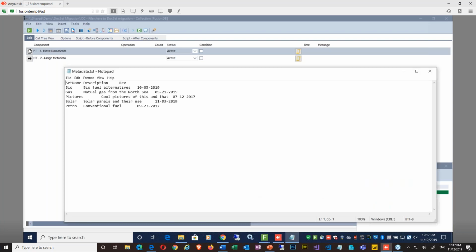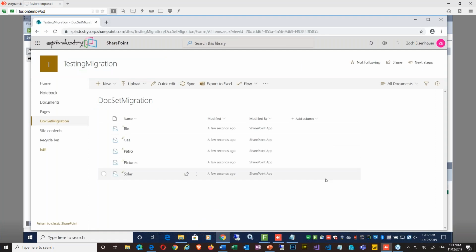So again, there was a set of metadata that we were going to use for certain things, I believe for the resulting document sets. Is that correct? That's correct. Okay, awesome. And we had this SharePoint site that was empty before, and ta-da! There's now, what are these inside of here? These are document sets. Okay, and we can tell that by how? The little icon there. Cute little icon. So it was a modification that was done this year so that document sets actually showed up as document sets and not as folders.